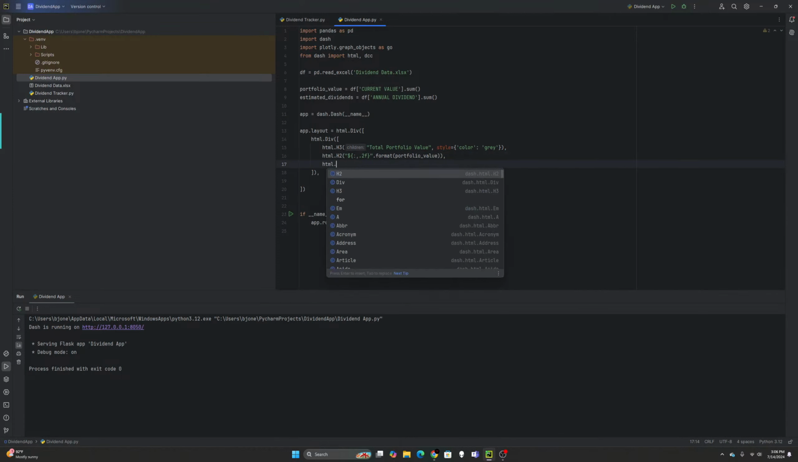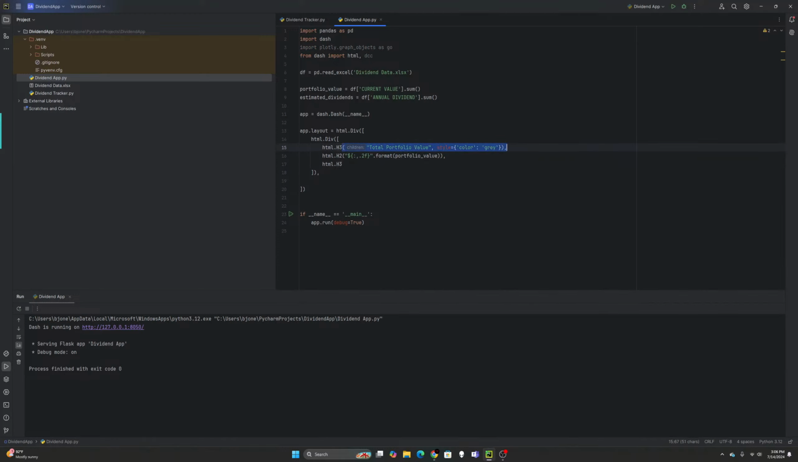So let's go html.h3 and copy and paste this. And then say total estimated dividends, style color gray. Let's copy and paste that. So now we want the